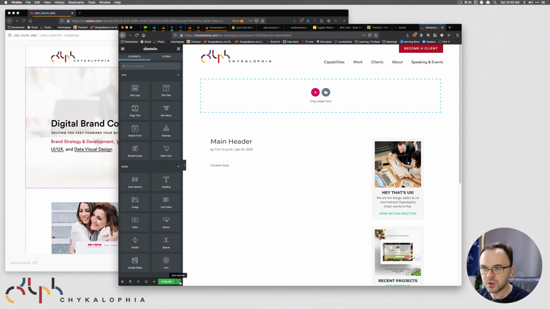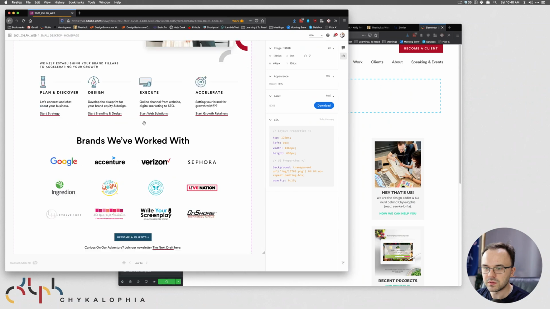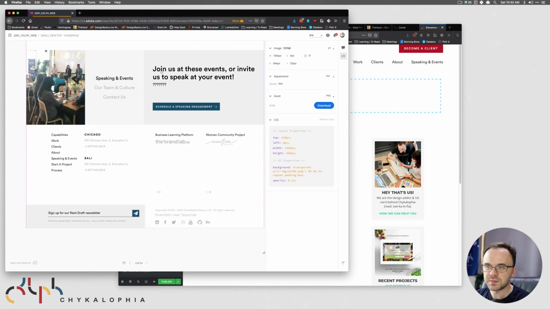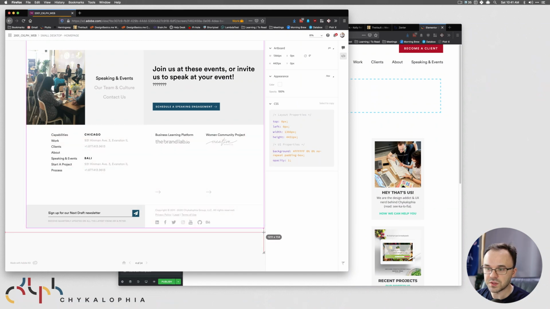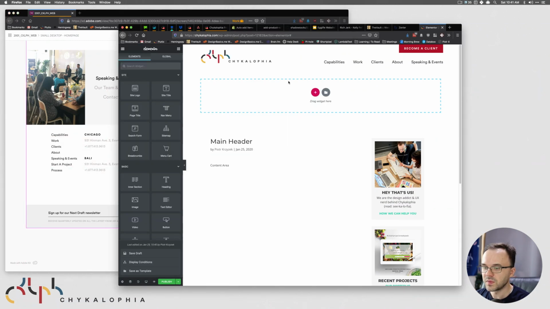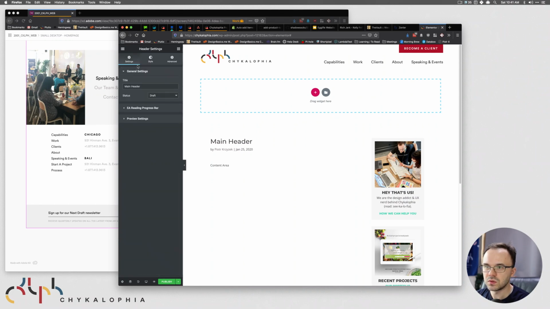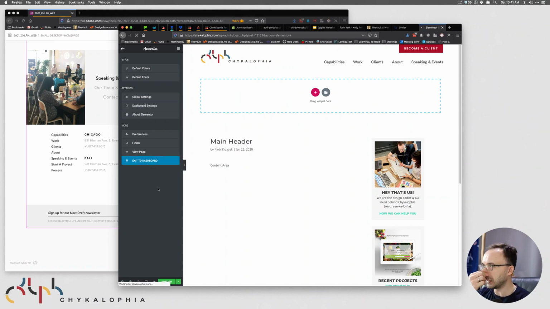Again, we're not going to publish just yet. We're going to save the draft. Now we're going to work on the footer. The footer, by the way, is not a footer on every single page. This is going to be just a section at the bottom. The footer is this stuff right here. That's going to be at the bottom of every single page. So that stuff. So let us now get back to, all right, exit the dashboard